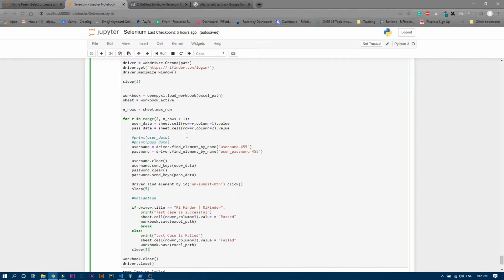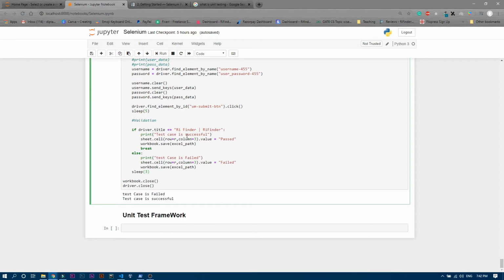For example, if you are automating a total website, a big website, in that case we are going to use this unit test framework. Unit test framework basically means that you don't need to check it manually line by line. It will test all the code, and it will show you whether it is working or not.